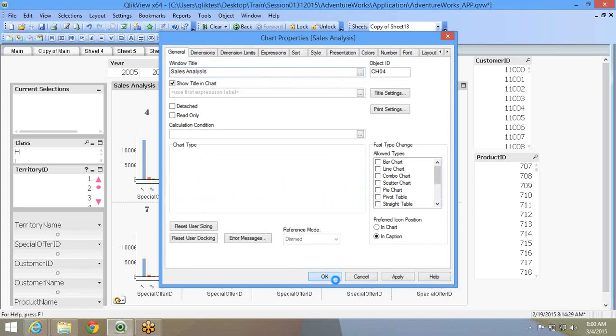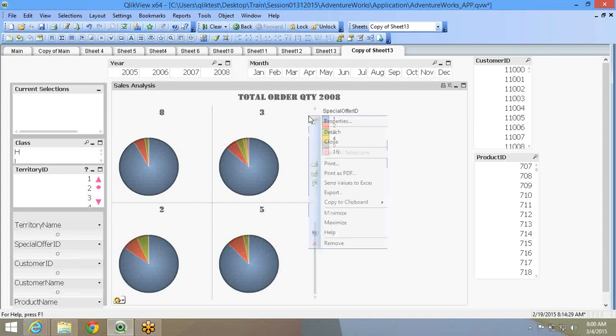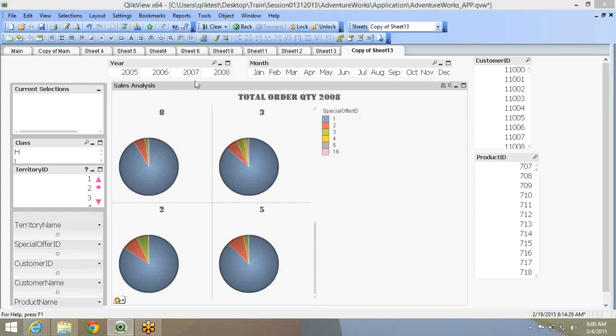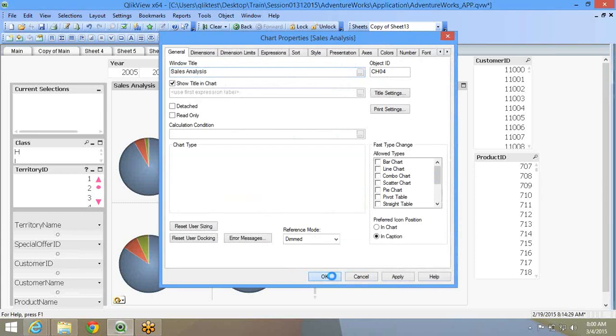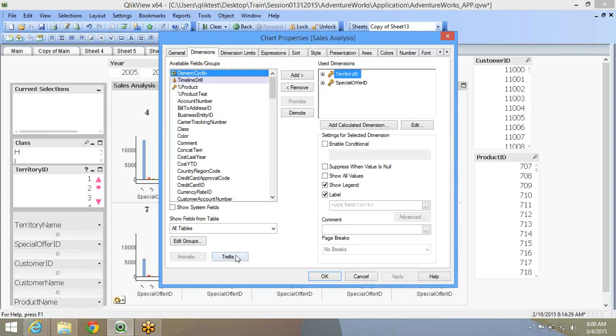This is more interesting when you put this into a pie chart rather than a bar graph. I'll show it when we do it in a pie chart. So like this, you can immediately have a share content for every territory. How is the share, right? So it looks more elegant. So we'll do that later. But for a bar chart also, you can do this. Trellis is basically splitting based on this.